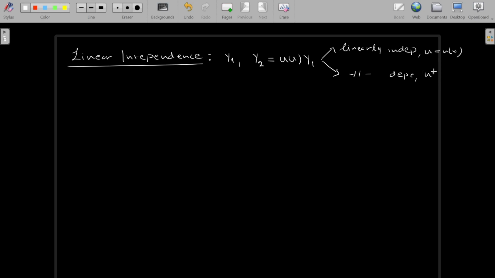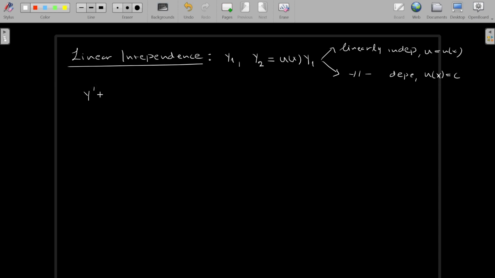If u of x does not really have x, so if this is a constant, there are infinitely many solutions, which practically are the same solution since they are all linearly dependent. Now, if you go ahead and check the most general first order differential equation, which will be of the form